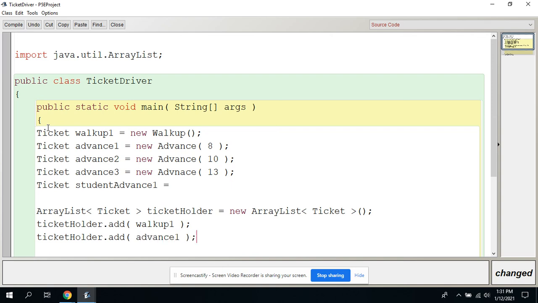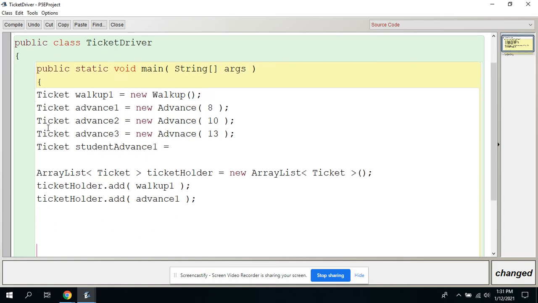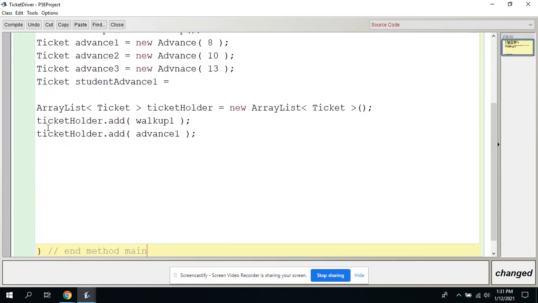So you're going to add all 7 of these to your ArrayList, and then I want you to do a for each loop to traverse the ticketHolder ArrayList and use the toString and verify that they all